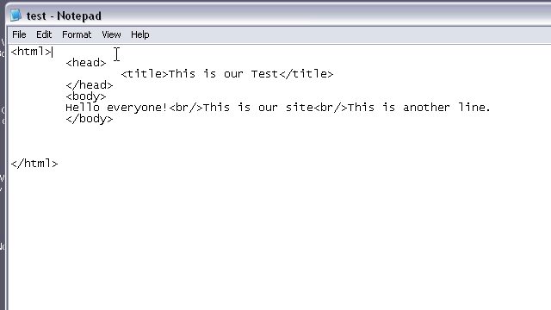A real common mistake that newcomers to HTML make is they might ask questions like, how do you make a login form with HTML? How do you make a random number with HTML? That's not really what HTML is for. HTML can make the structure of a login form, but all of the brains behind that login form is going to be